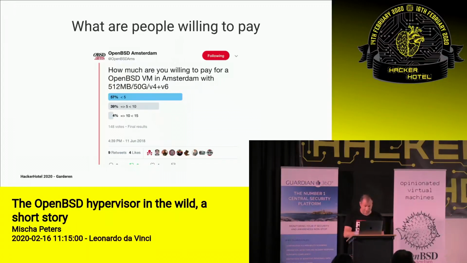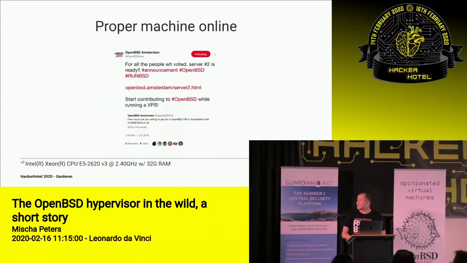So I thought, okay, I have some other spare hardware. Let's get going. This was the first proper machine online, and the reason why I say proper, the first machine was like 8 gig, CPU, a lot. As soon as I started adding more VMs, it would reboot because it couldn't really deal with the memory. So this machine had a little bit more memory, more disk space, and this is still running 45 VMs, if I'm correct. And of course, the whole idea was that as soon as you have a VM, part of the money that I charge, I donate to the OpenBSD community.